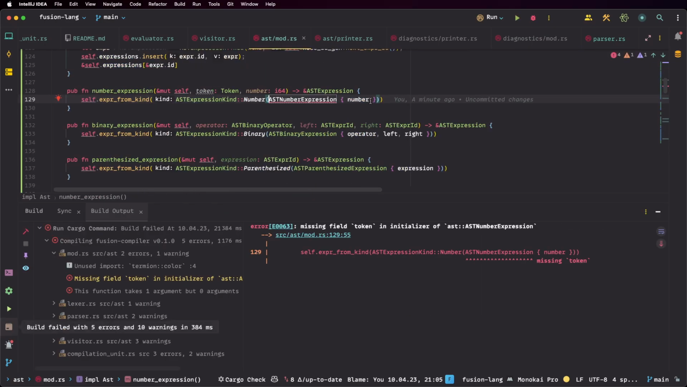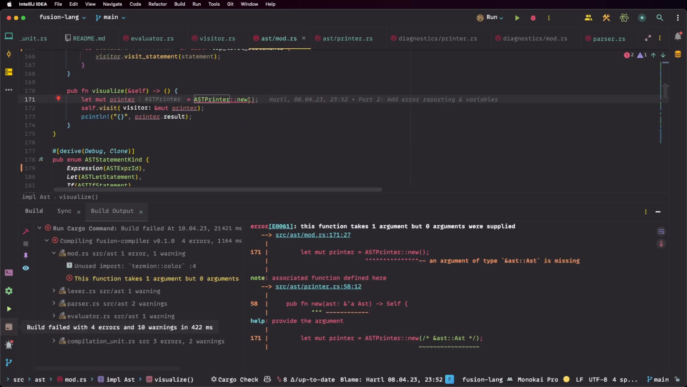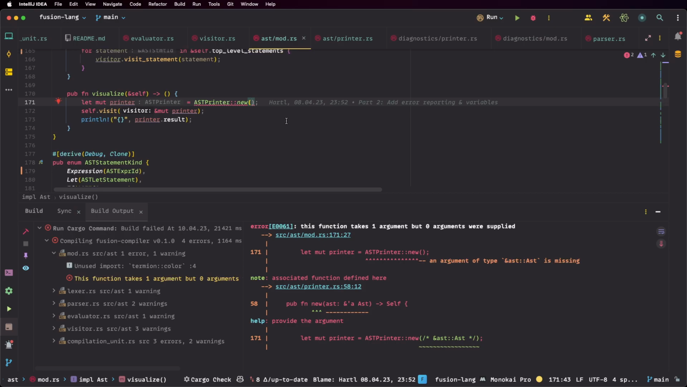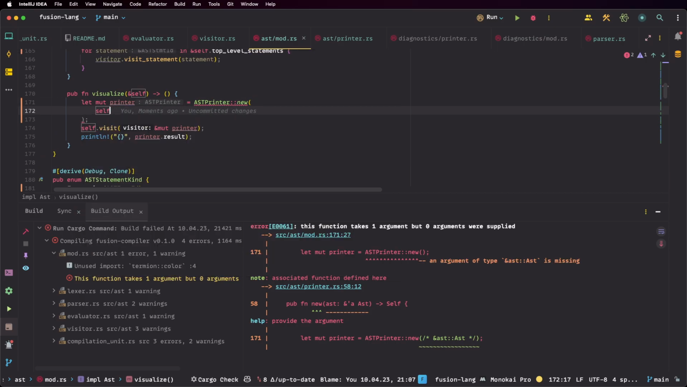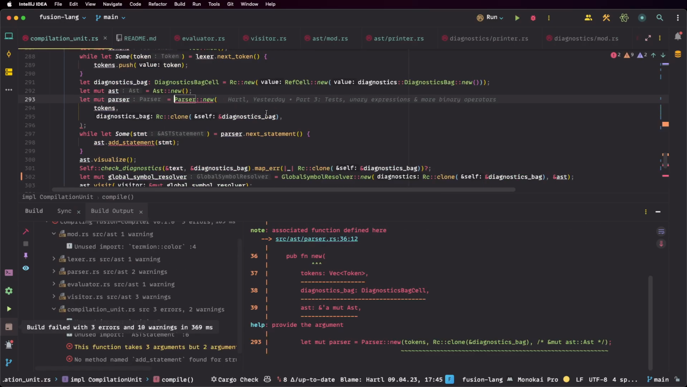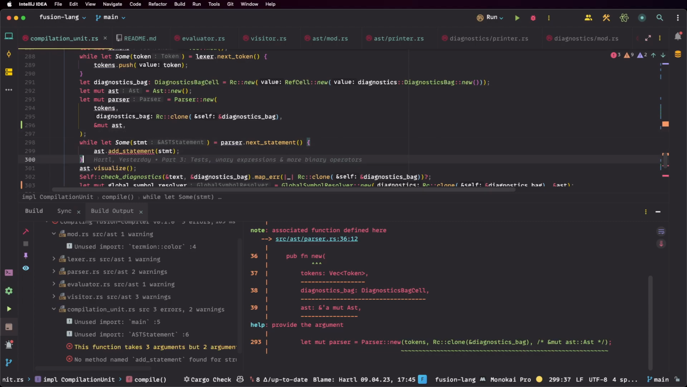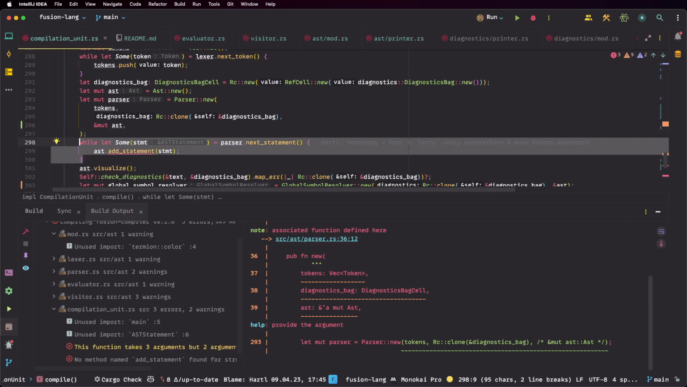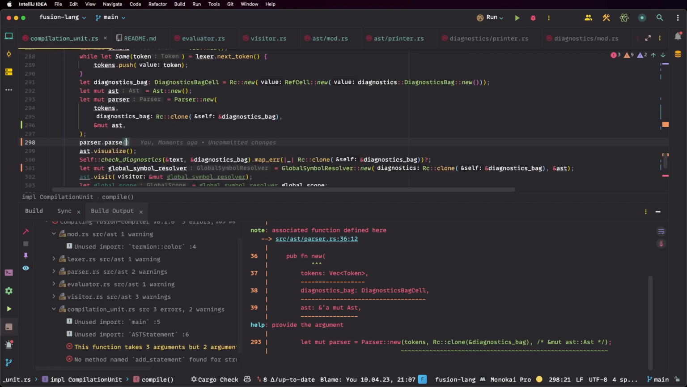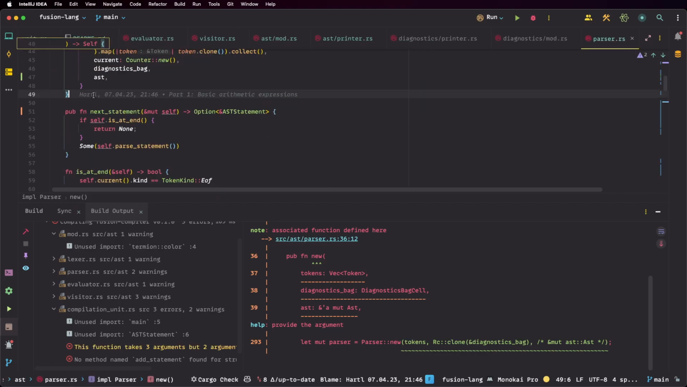So what's next? Okay, this is next. And now we need to pass an AST here. Can we just pass self? Okay, cool, we can. We need a mutable reference to our AST here. And this we don't need anymore. We can just say if we use parser, make a new method on our parser. We can just say, okay,